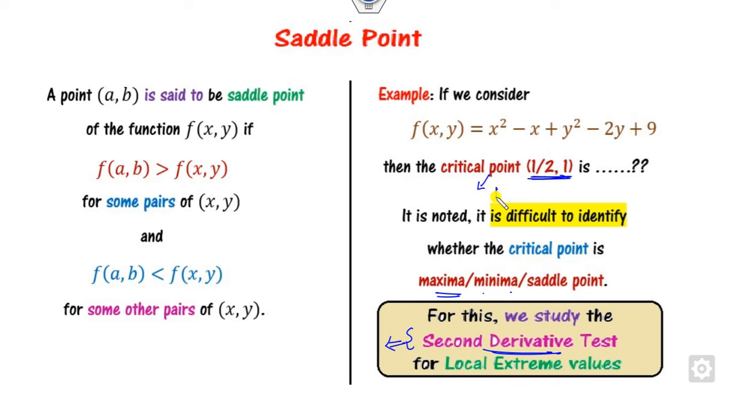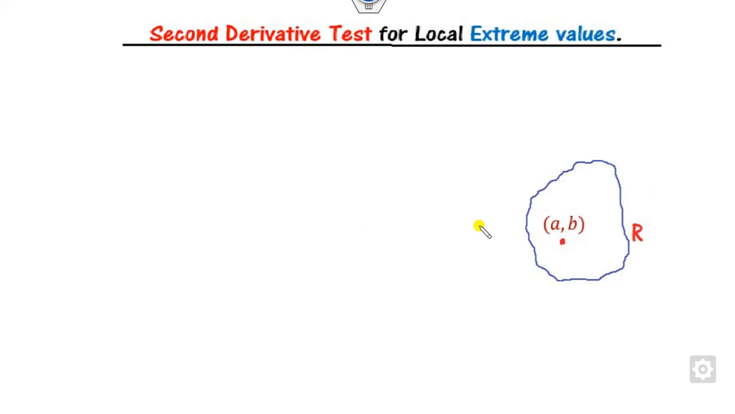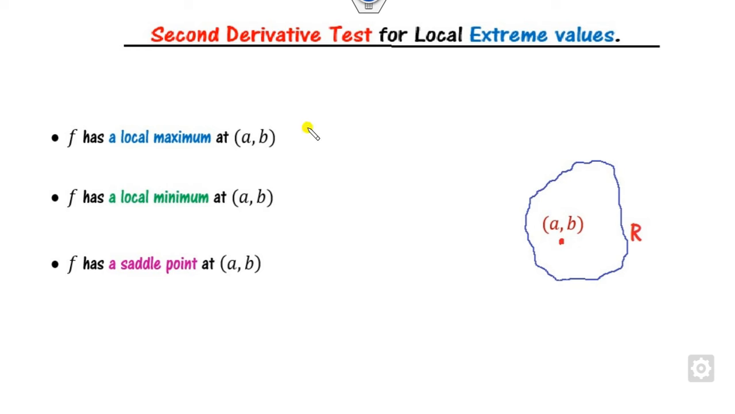This critical point is found with the help of the first derivative test, that is by setting the partial derivative with respect to x equal to 0 and the partial derivative with respect to y equal to 0. Now what is the second derivative test? If you have any closed region R and any point (a, b) inside it, then the function f is said to have a local maximum at this point, a local minimum at this point, or a saddle point,